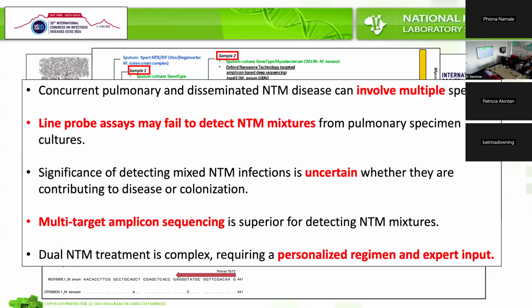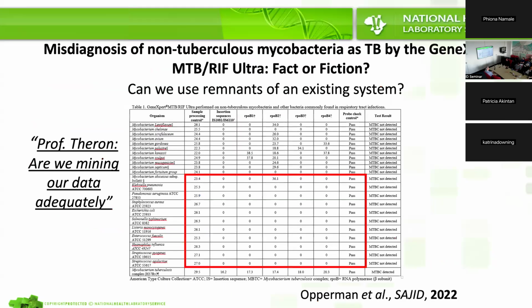But when it comes to treatment in mixtures, it will be done on a personalized basis, where we know we can cover with the rifamycin component. I think they added rifamycin here. For the MAC isolates, we know we want the macrolide or the azithromycin. So you will end up in a scenario where you will cherry pick some drugs to cover most of the organisms if found clinically relevant in those cases.